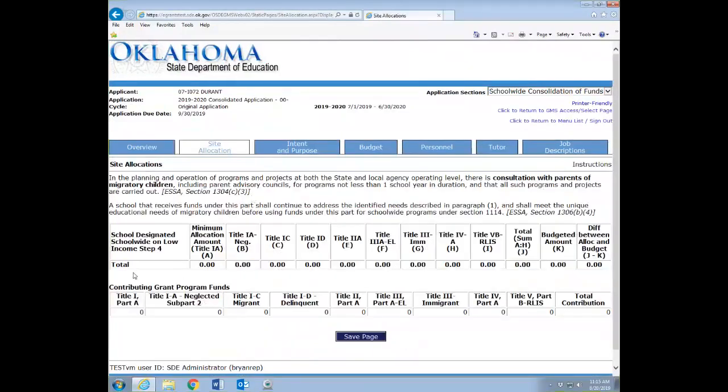It will put the sites here, and it will put the funds here that I had marked in the allocation page. Save the page. And then the next tab I would have to fill, because even though I contribute all of these different funds into a school-wide consolidation of funds pool, you still have to meet the intent and purposes of Title 1A neglected, Title 1,